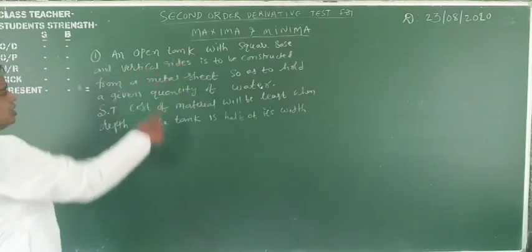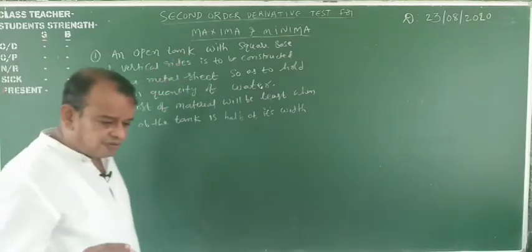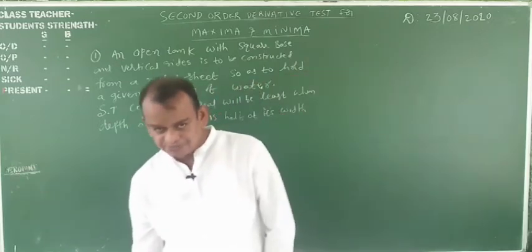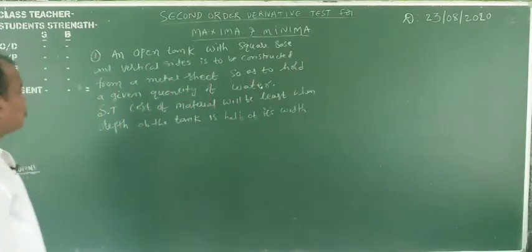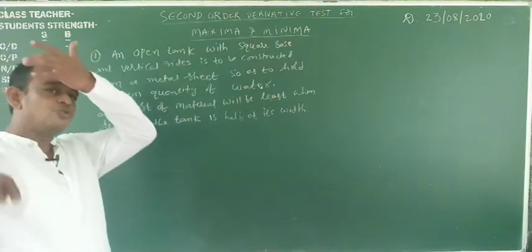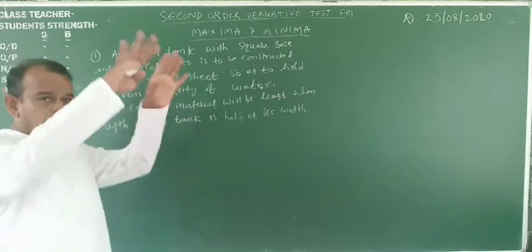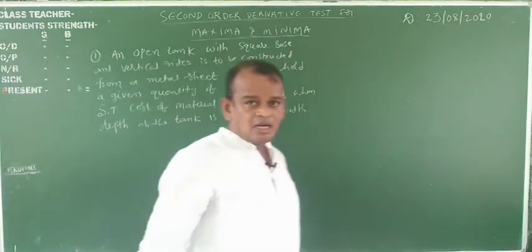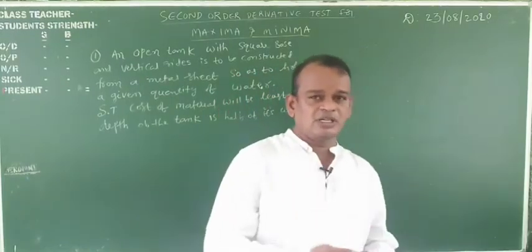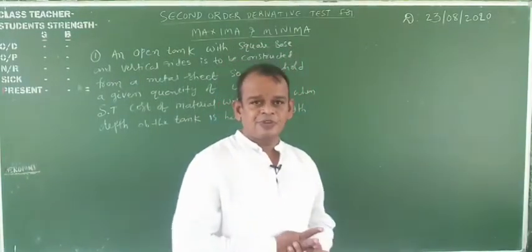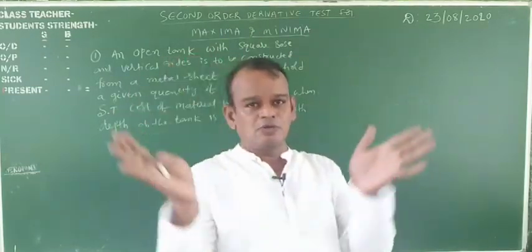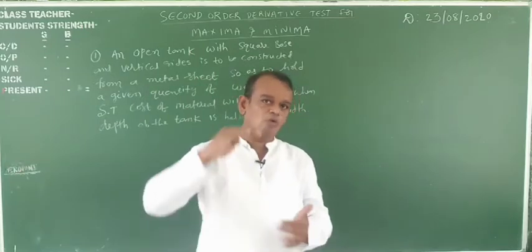An open tank, the tank in the form of a cuboid actually. Open tank, an open tank with a square base. Open tank means only 5 sides. Tank, you know, observe that daily, in houses or outside the campuses. A tank in the shape of 5 sides only: 4 vertical sides and 1 base, open.